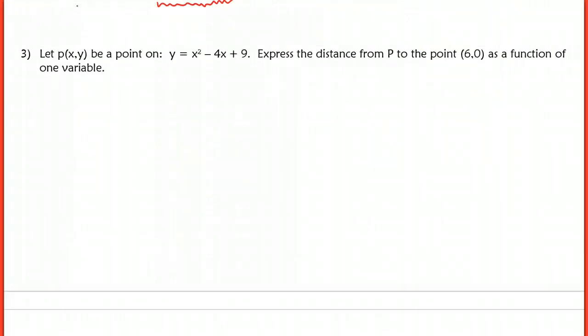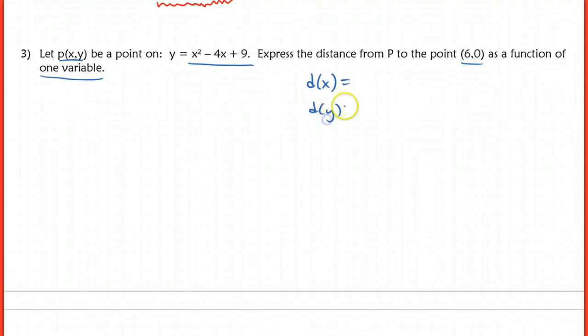Okay, now in problem number 3, it says let P, just any point x, y, be on the graph of x squared minus 4x plus 9. We are supposed to express the distance from that point to the point 6, 0, and relate that as a function of only one variable. So in other words, distance is going to be used, either d of y or d of x. It really doesn't matter which variable you choose,